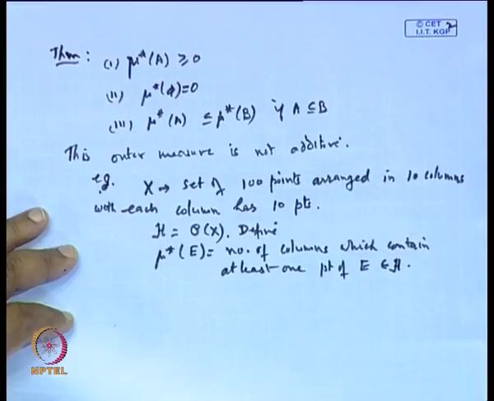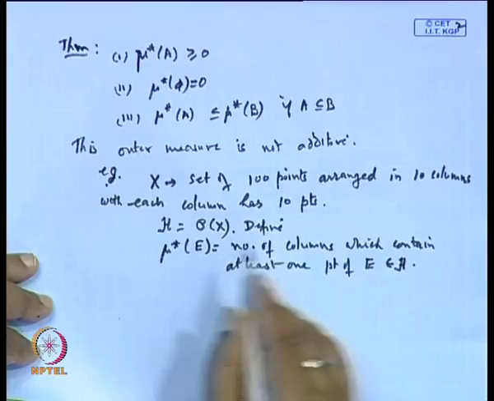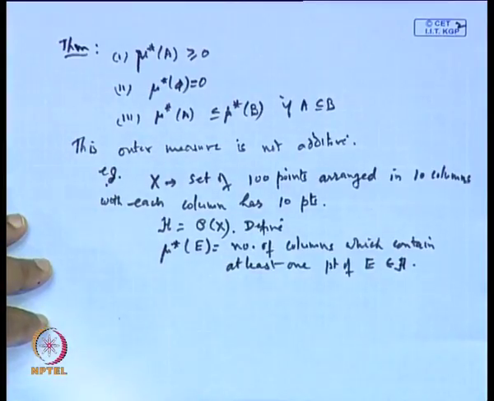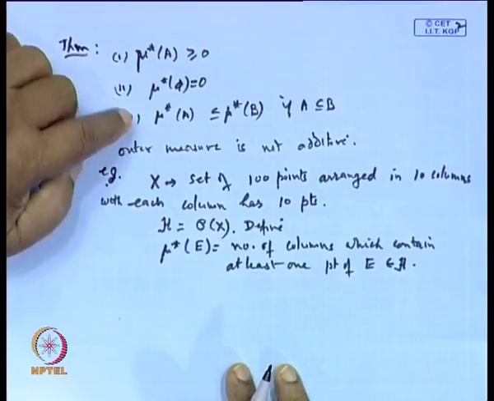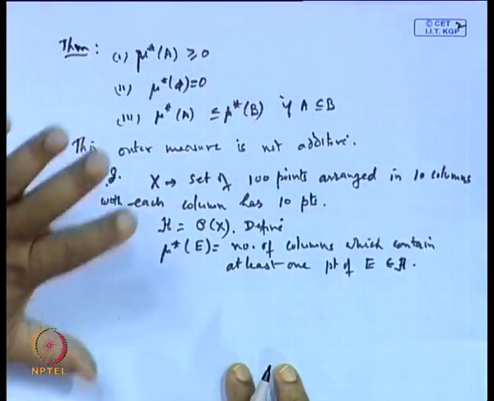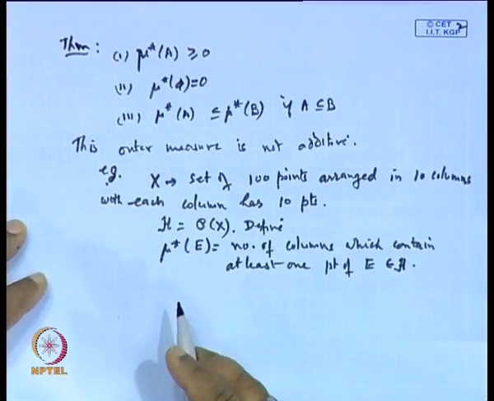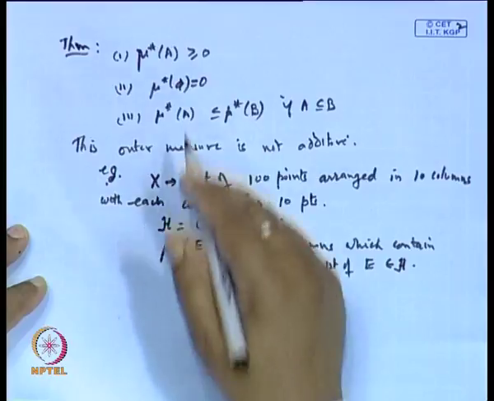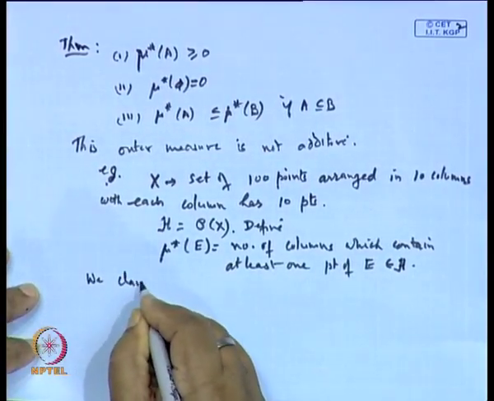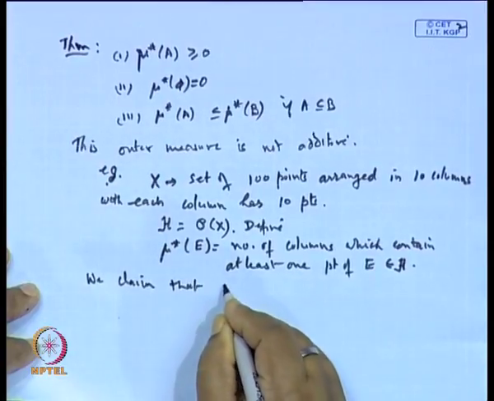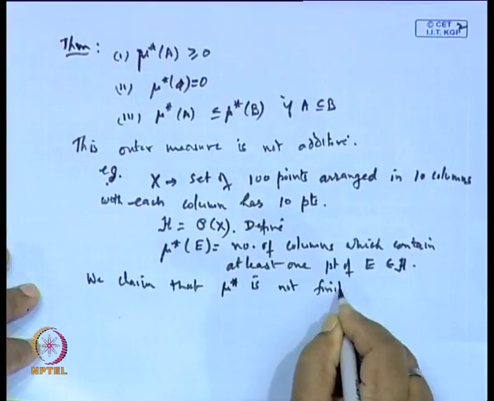Okay. E is an element of H. Now, this mu star E clearly satisfies this condition. Mu star A is greater than or equal to 0, mu star phi will be 0, mu star A is contained in mu star B, and so on. So, this is an outer measure and satisfies all three conditions, but we claim that mu star is not a finitely additive function,